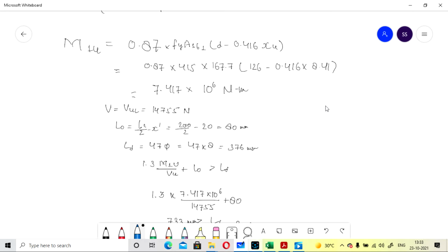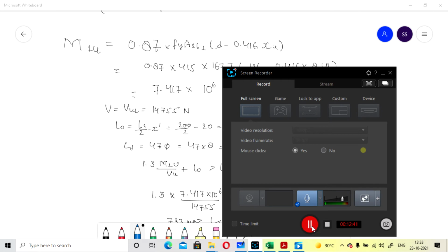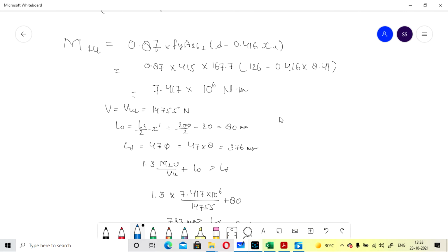Now here we are also going to calculate the L naught value. How it is calculated, I already mentioned in the development length lecture that I made earlier. You can go and check that video to understand how development length is calculated and how the L0 value is calculated according to the formula for compression and tension reinforcement. Here we are considering no hook. What a hook is and why it is provided, you can check in that video also.